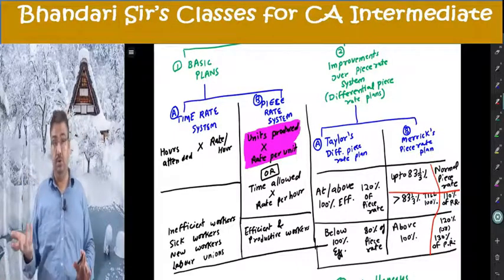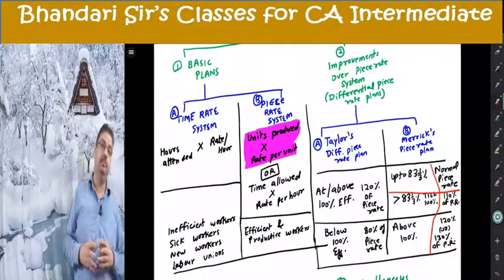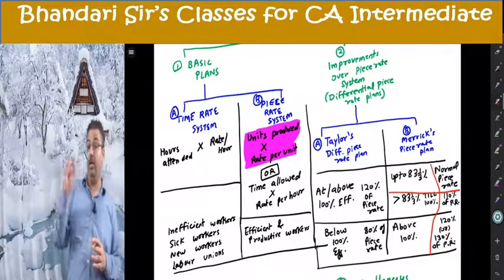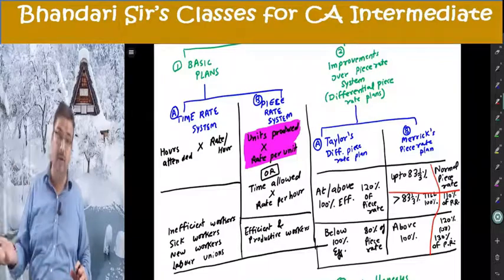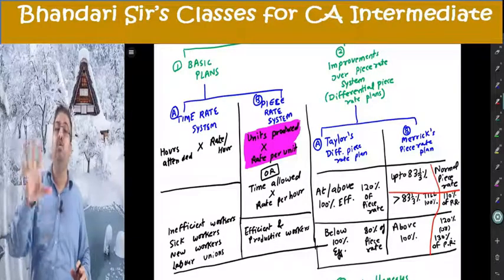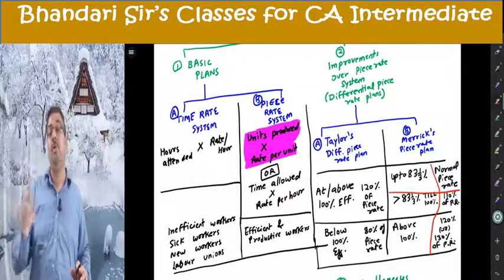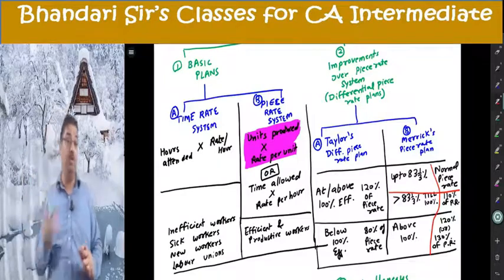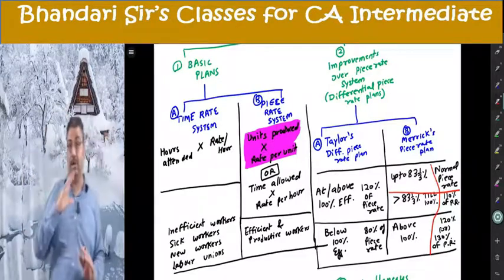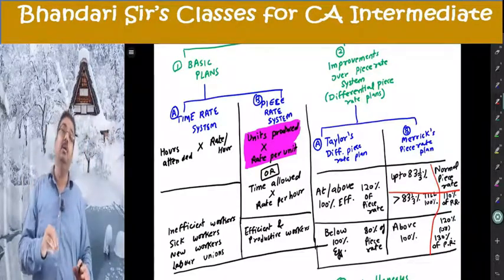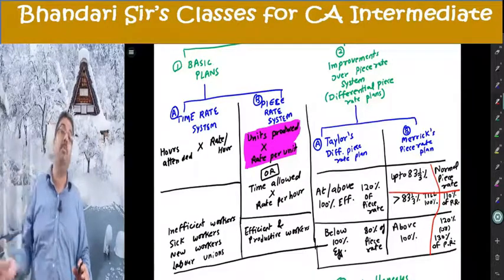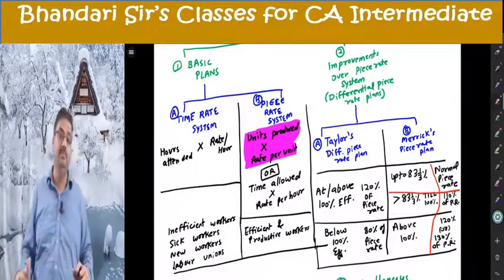If you produced more than 100, you are given target of 100. If you produce more than 100, you will get either 20% bonus or 30% bonus as per policies of company. In exam, if you get like this, you will compute 20% also, 30% also, and right there, whatever as per policy of company will be given to them. These are